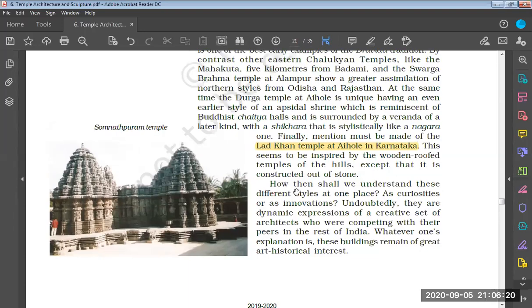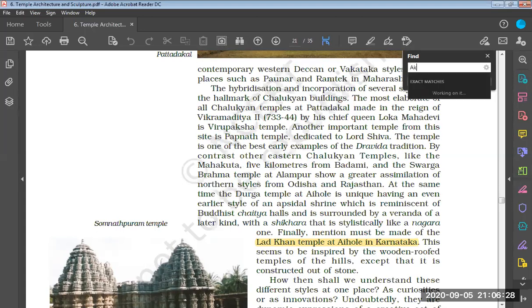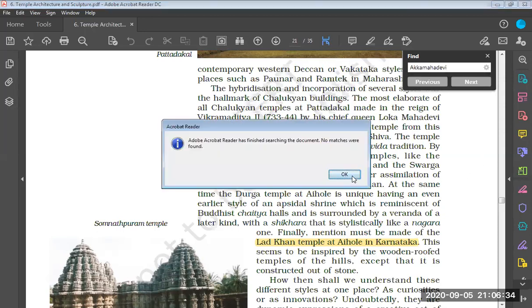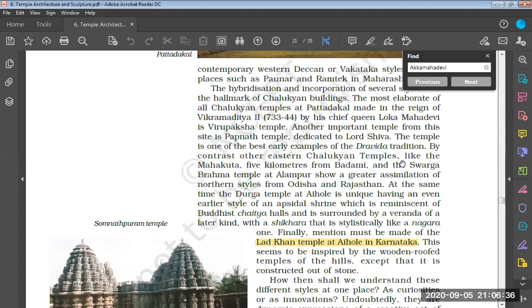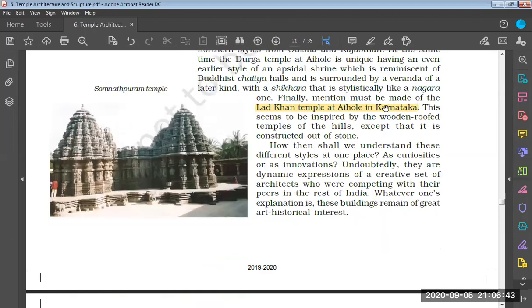Okay, that's all right. So we can do one thing, we can find out that word. Can you please spell that word for me so that I can locate it here? I think you should read from that part, and I will continue further from there. Even I did not notice the word that she is saying, so we can find it out later.